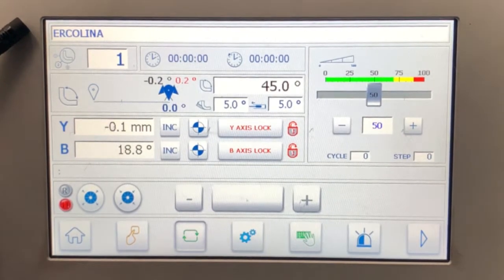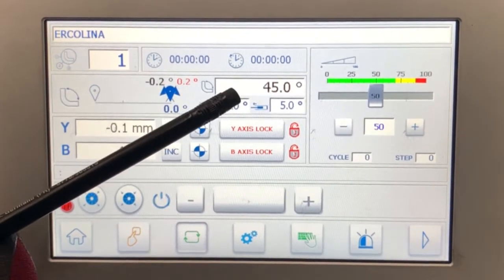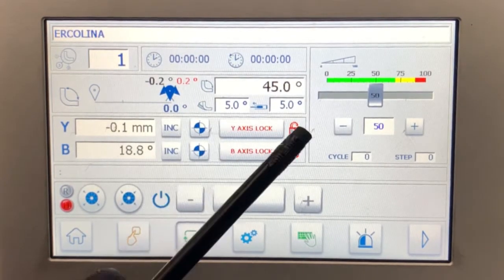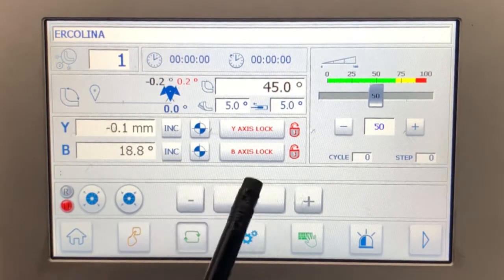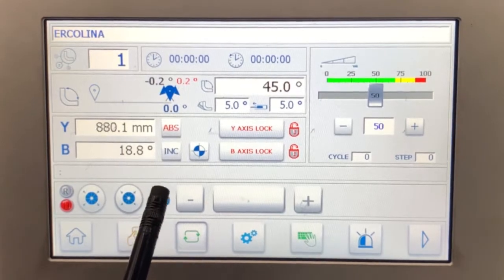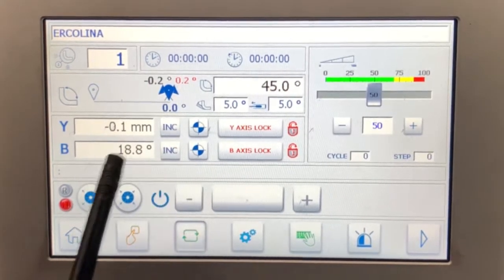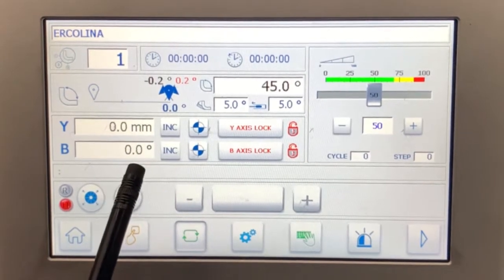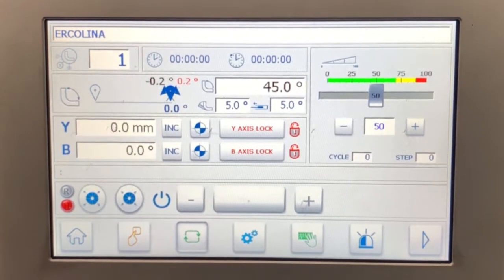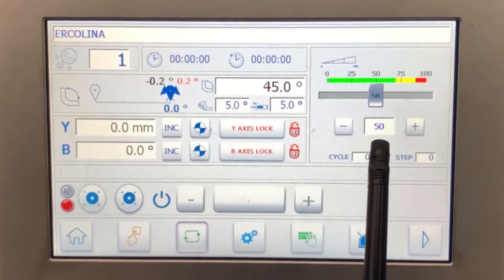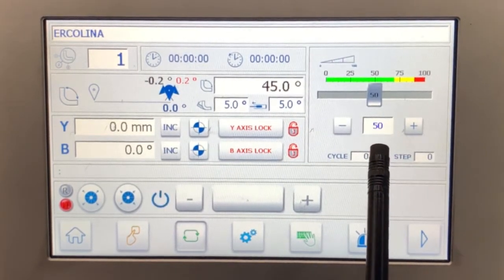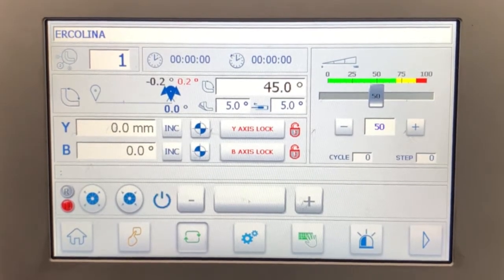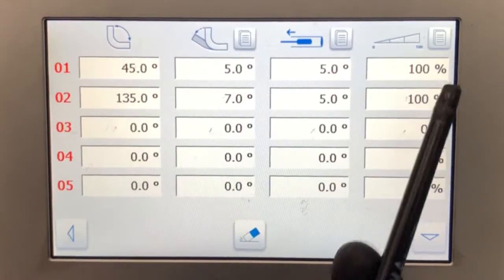So you see the program name, the first bend 45 degrees, my spring back angle, my anticipated manual extraction. Again, I can select my units, if absolute or incremental. I can put them back on 0. I can use the mechanical stops. And here I have the speed of the program. If I put this value on 50, it means that the bend will be executed at 50% of 100, so of the speed that I set in the program.